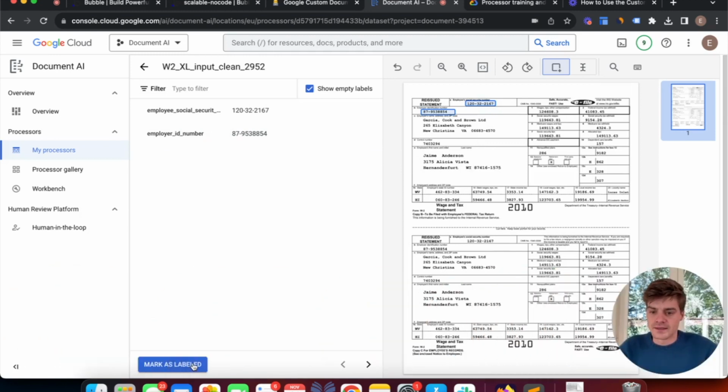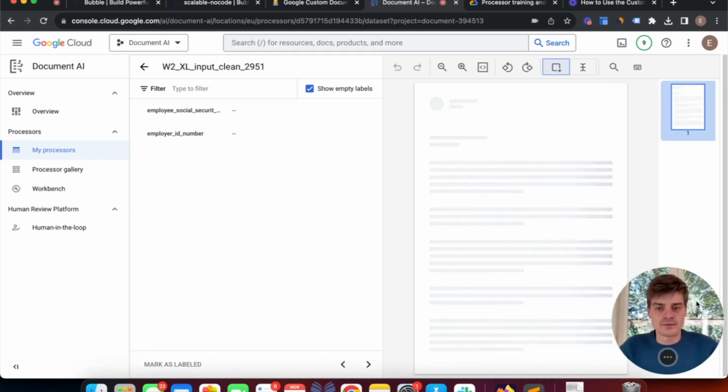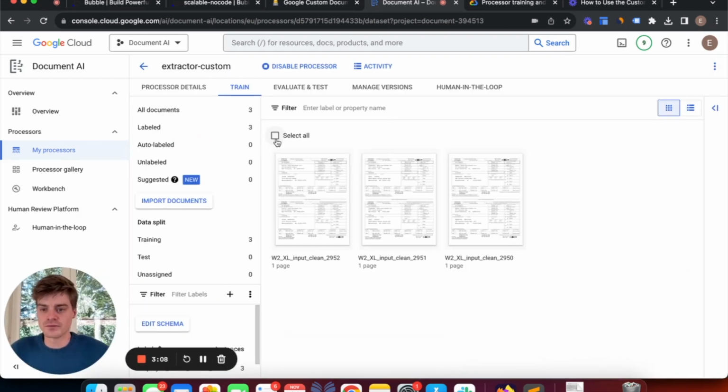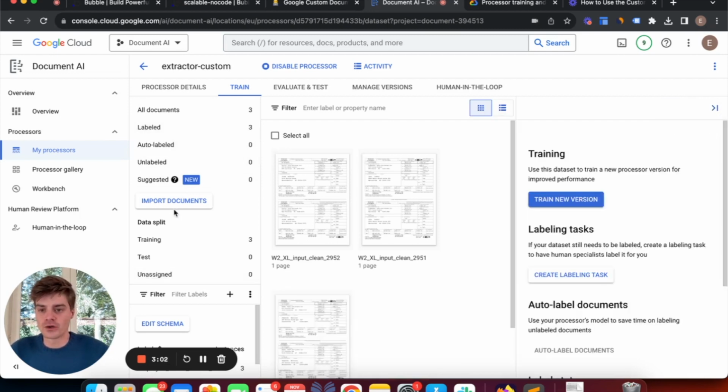Just going to move that and mark as label. I'm going to do the same for the two other ones. So I have labeled the 3 documents. You can see here that my 3 documents have been labeled, and I'm going to import now other documents for